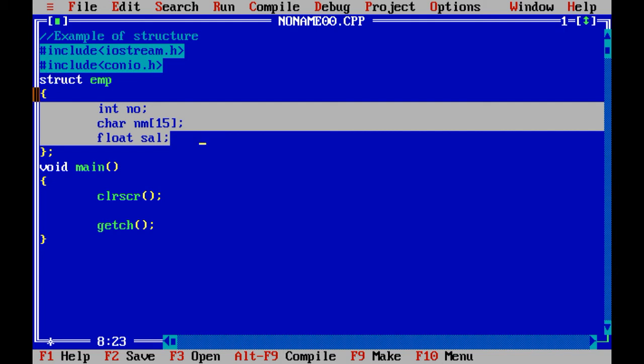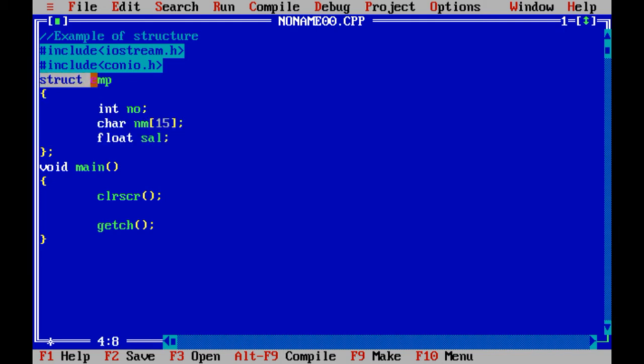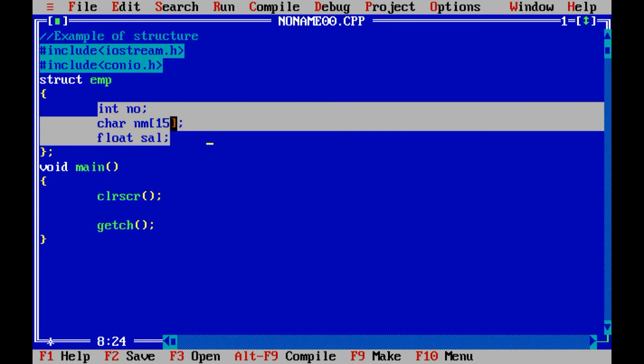So for that you need to write the structure keyword, then the name of the structure, then you need to create the variable of that particular structure, and with the help of that variable of structure you are able to access whatever variable you have declared inside the structure, outside the structure.